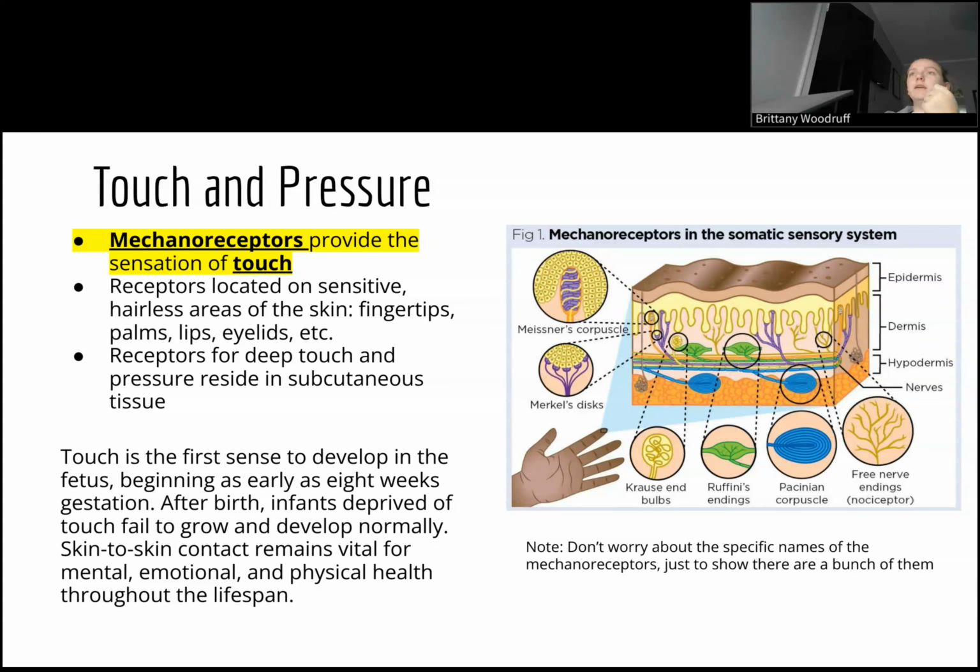Okay, next looking at touch and pressure. I do not expect you guys to memorize all of these different mechanoreceptors. The point is that there are a bunch of different ones and they're all found in your skin. Well, not all found in your skin, but